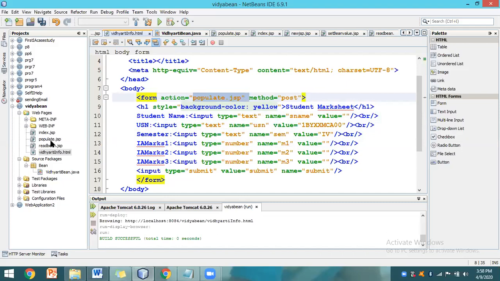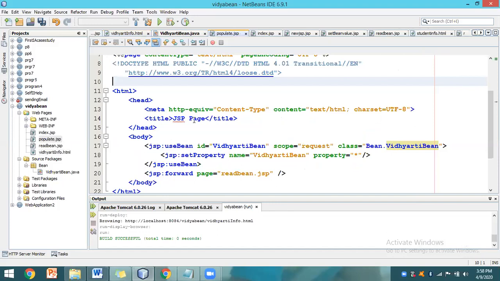When control comes to populate.jsp with that information, which class are you using? You are using the Vidyarthi Bean class. What for? For the values sent by the HTML page, using the set property method.